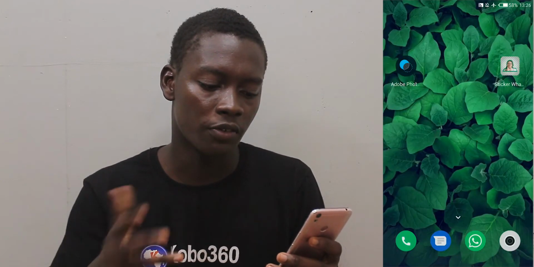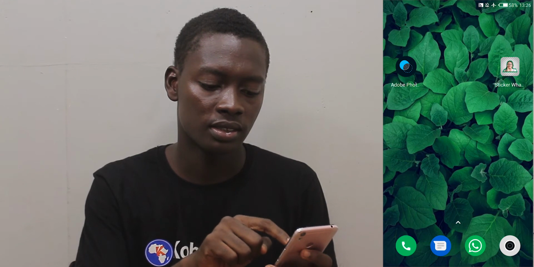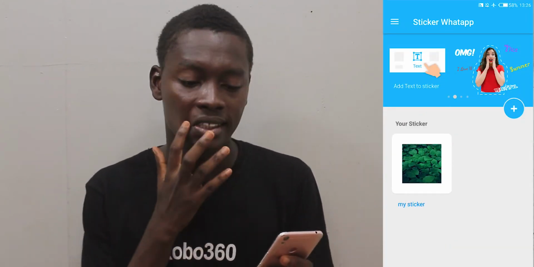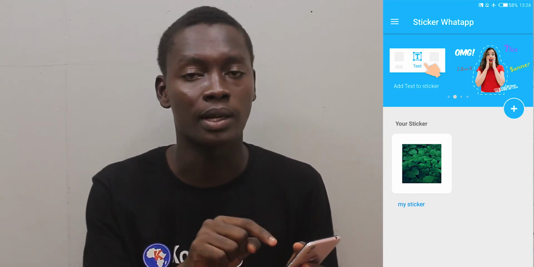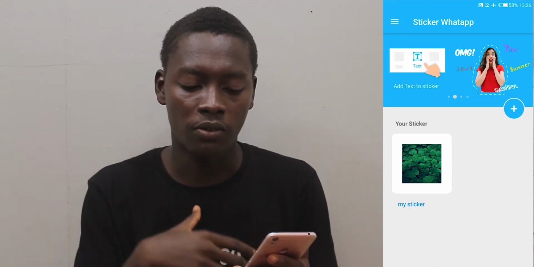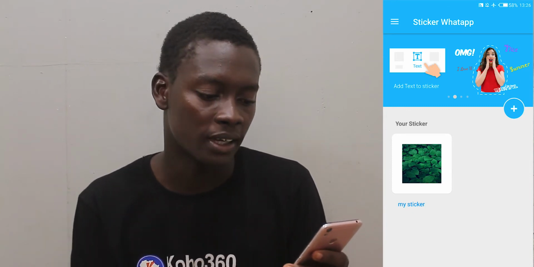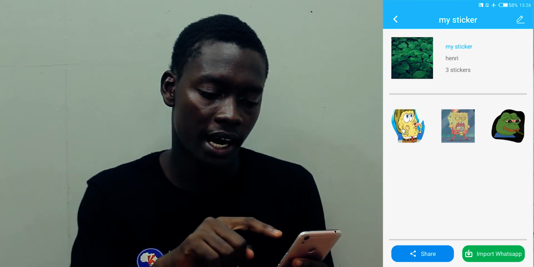Okay, so with my phone, provided you've already installed the app, you open the app, Sticker WhatsApp, that's what they call it. For those who don't already have anything, you just click on the plus sign, and it's the same process I'll follow. Because I've already made a project, I'll open it. So I'll open my project, my sticker, and then I go to